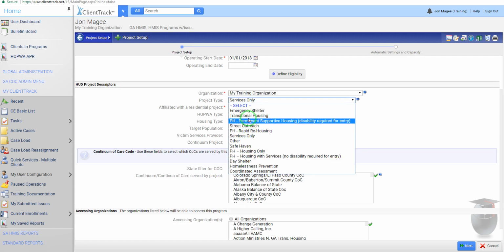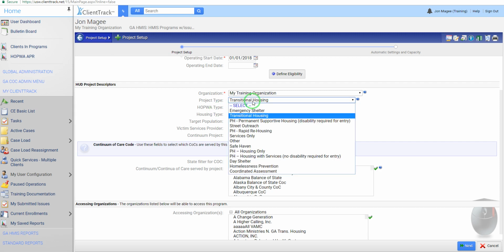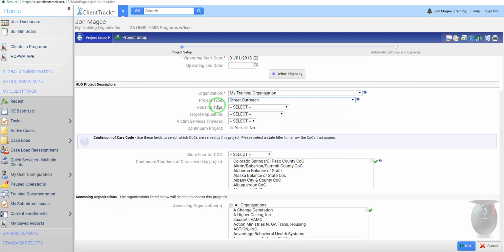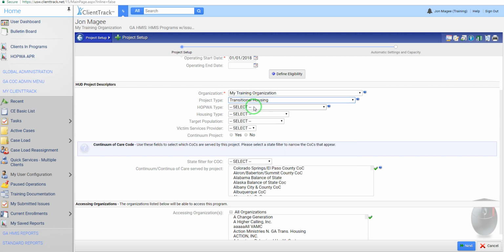For several of these different project types, if I choose them, it's going to have the HOPWA type as an option here. So for instance, if I choose transitional housing, it'll be listed. If I choose street outreach, it won't be, because there's no such thing as a street outreach HOPWA project. But if I am setting up a HOPWA project, I do need to be sure to fill out this HOPWA